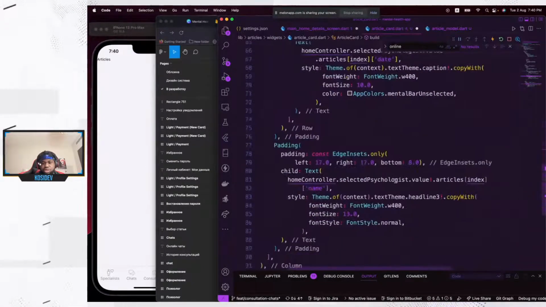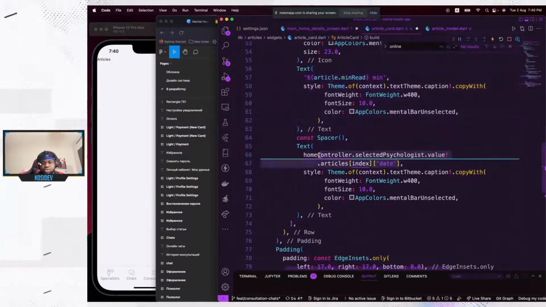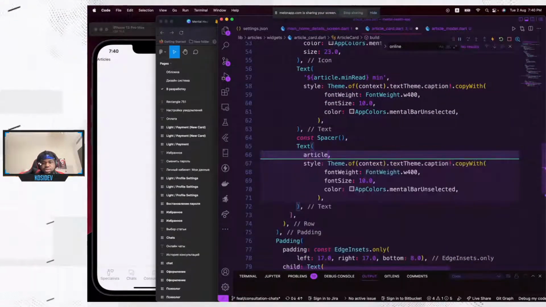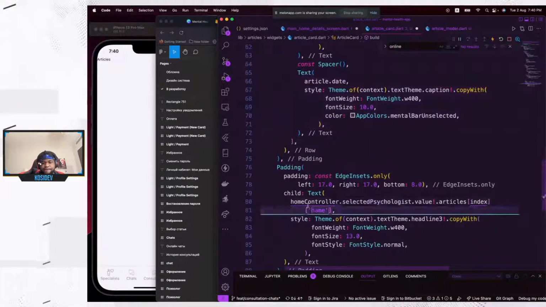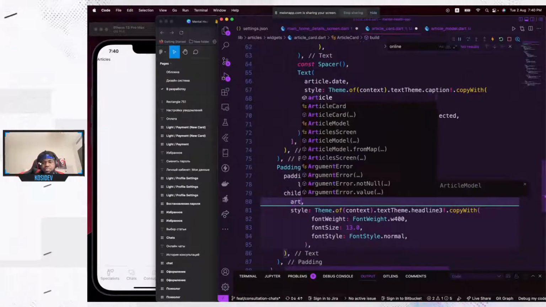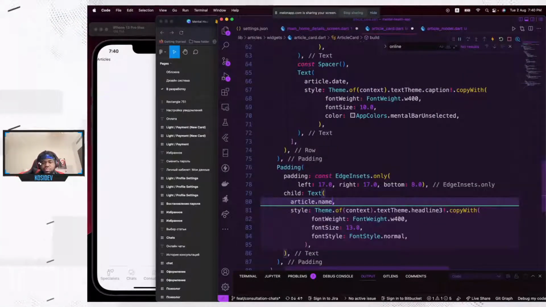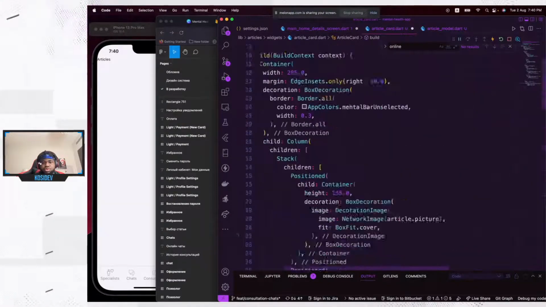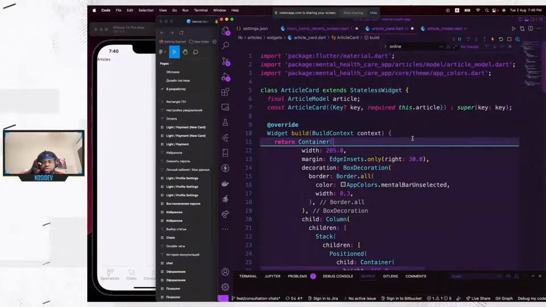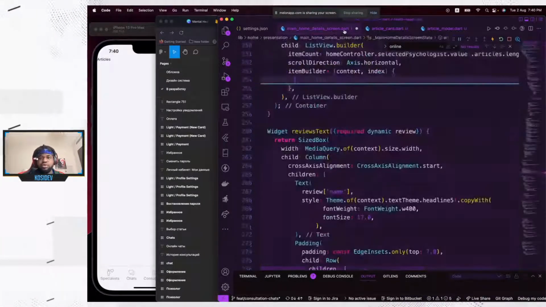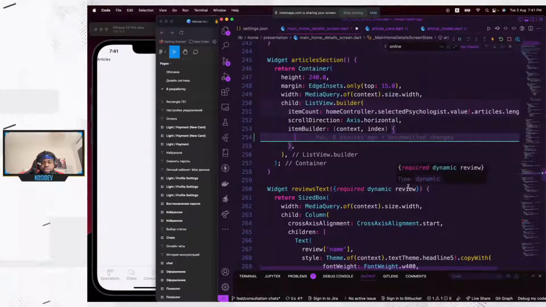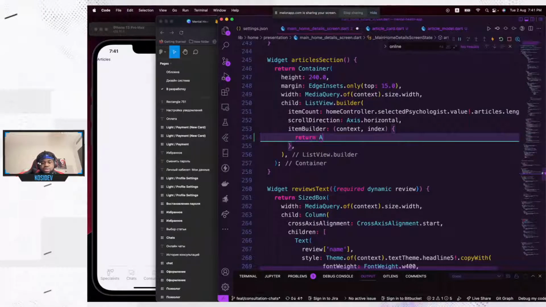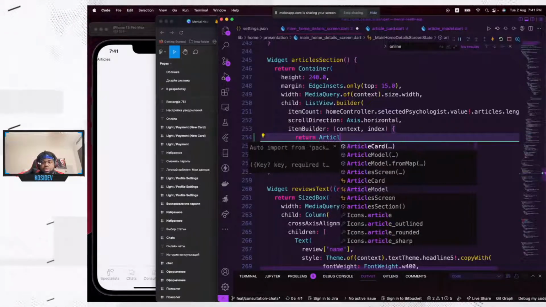And next one, I think that was the last one, not the last one. So we talked about the date, yeah. So the last one is the name. Okay, good to go. Go ahead and save this and head over here. I have the article card added here. So I'm going to say return article card,